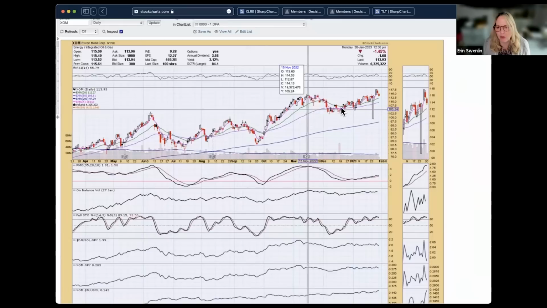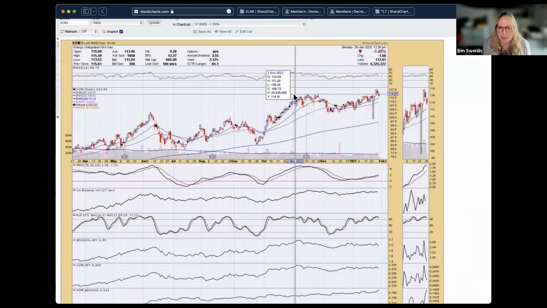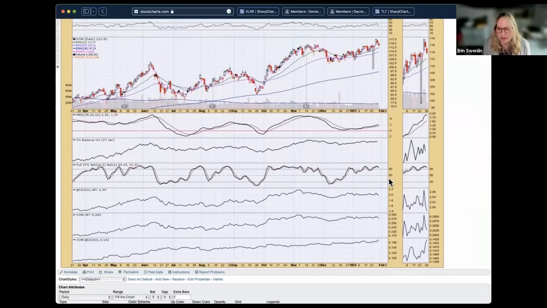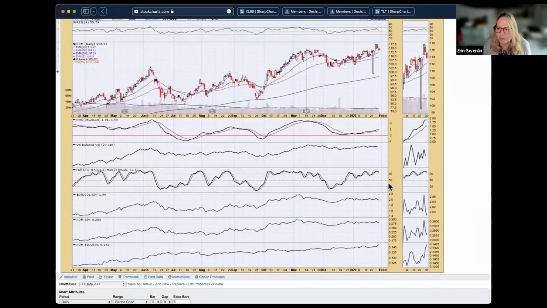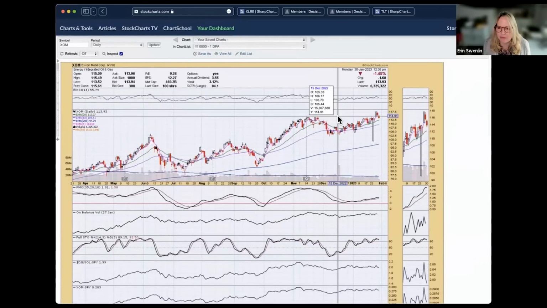I certainly see a hold here because the rising trend hasn't been broken. But you can see right here, it did pull back to the breakout point on Friday, and it is falling a little bit below that. Let's see, what else can we see? Stochastic's still okay. One of these that I do see is a hold. I would not be a buyer just mainly because of that PMO pointed downward.